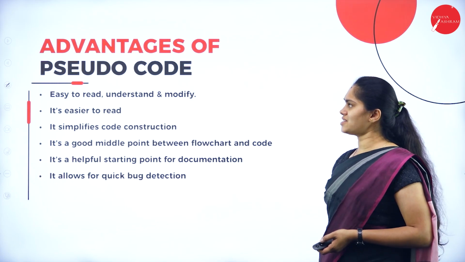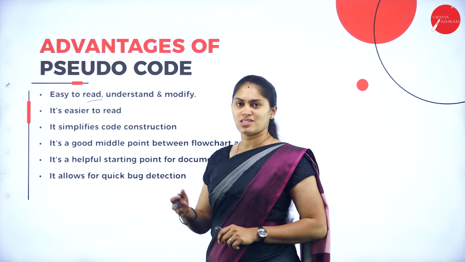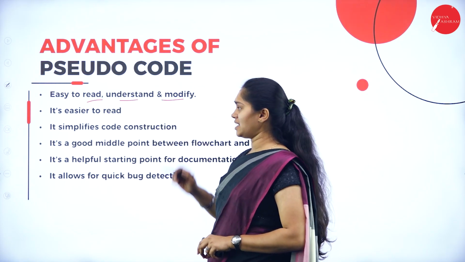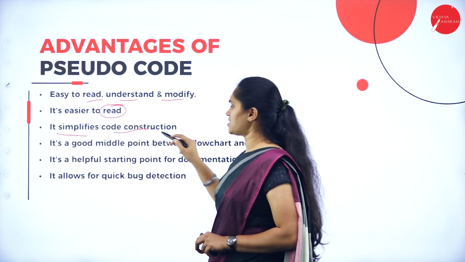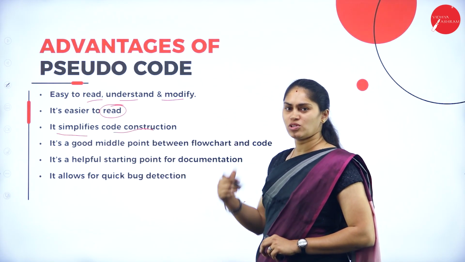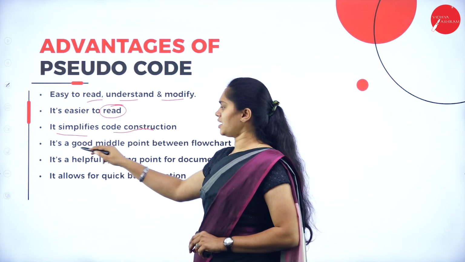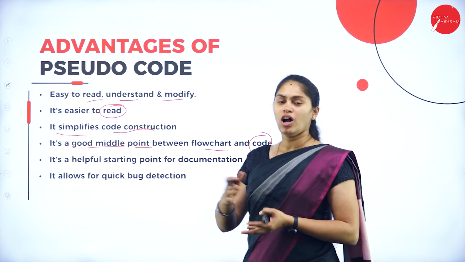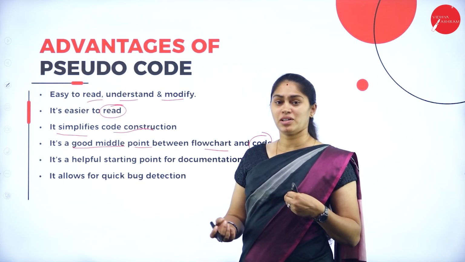Then what are the advantages we can expect from pseudocode? It is easy to read. Why? Because it is in the English language, and moreover it is in a very understandable form and easy to modify. It also simplifies the code construction. No need to worry about the number of steps and all, so that will be easy for construction, and it is a good middle point between the flowchart and code. So after the flowchart you can have pseudocode,